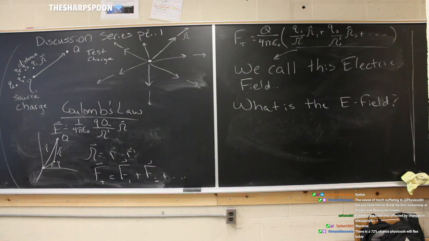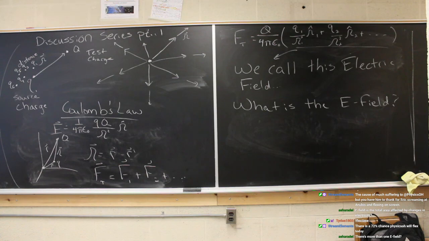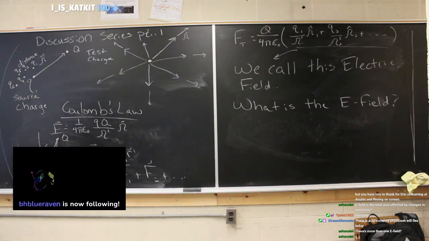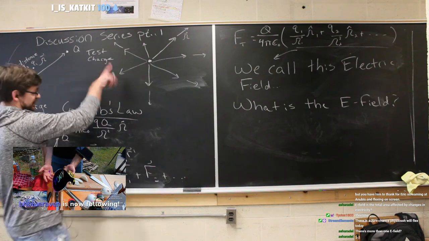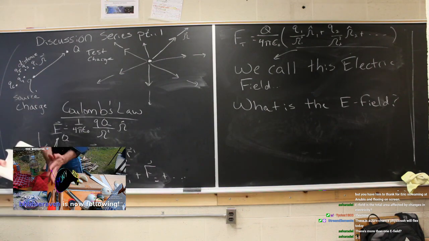Very nice. The E field is the total area affected by the charges in electricity. You can do a total electric field. There's more than one E field. Yeah, there's an electric field associated with each charge. So the fact that something moves in the electric field is a result. Oh, this is only true if it's plus,